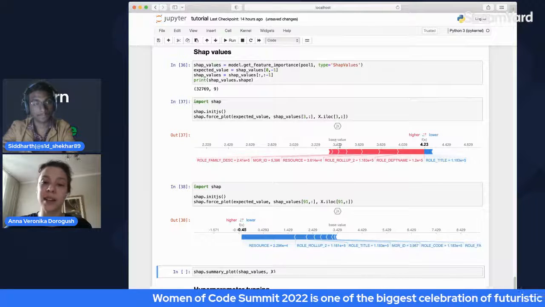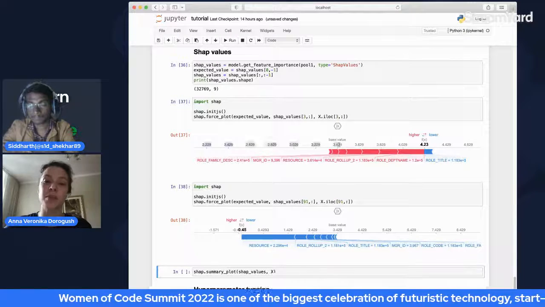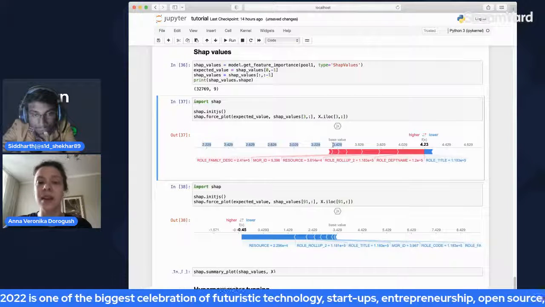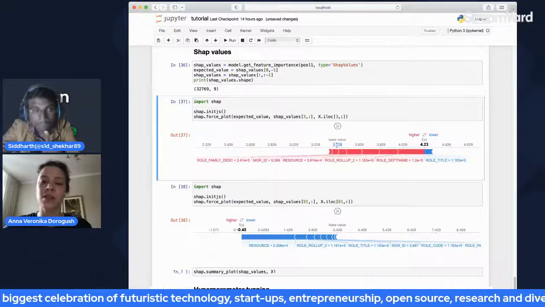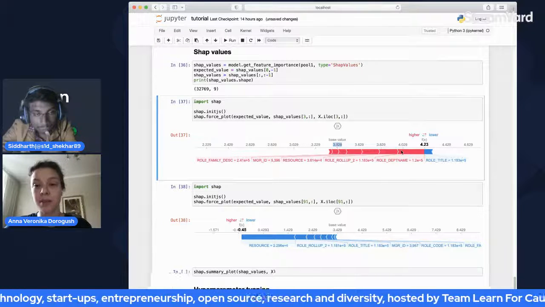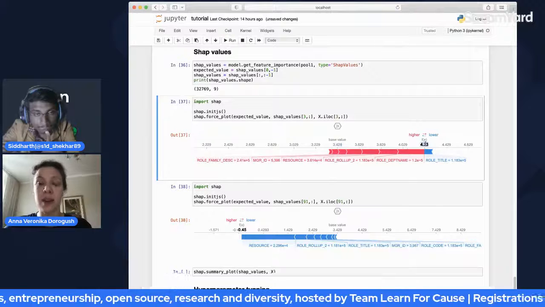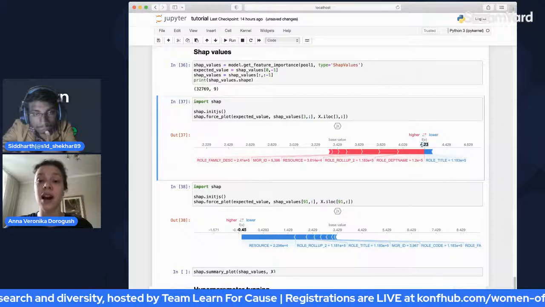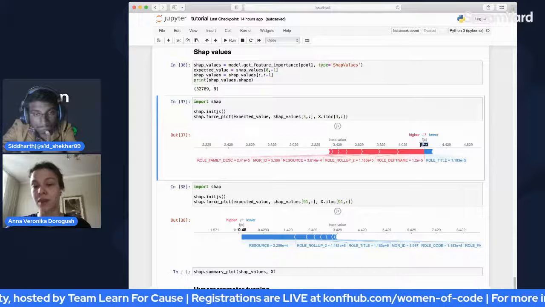And for this line in the dataset, there are some predictions. The average value on the whole dataset is here. And for this particular example, the answer is way bigger. So it has an answer higher than the average answer.